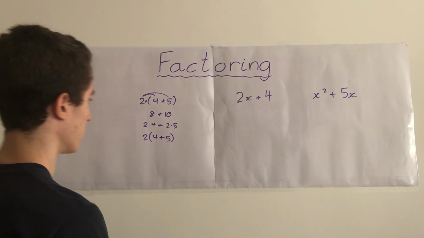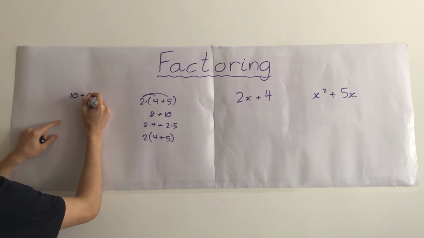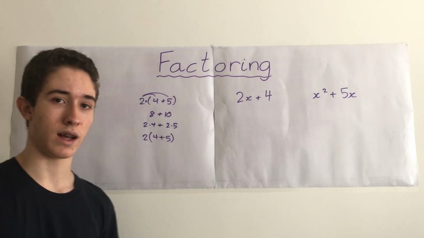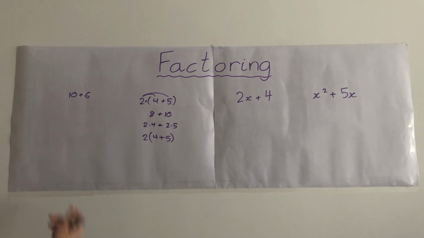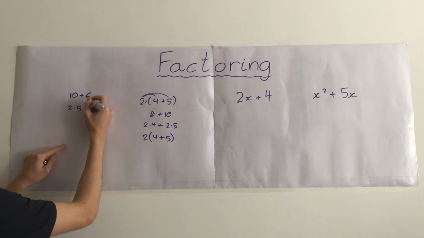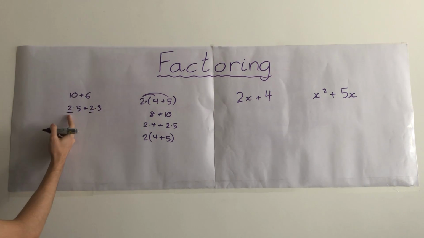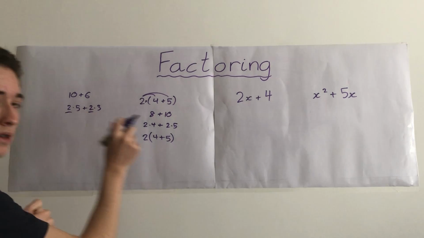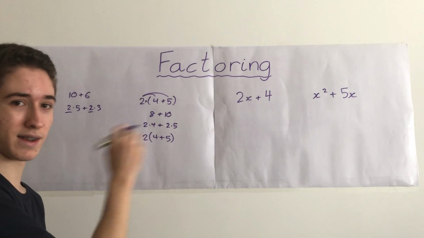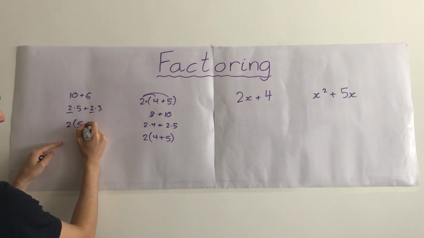So let's take an example where we start at something like this. What if we have 10 plus 6? 10 plus 6 is your expression. And you want to rewrite it as something in factored form. What you can do again is break down each of the numbers into multiplications. 10 is the same thing as 2 times 5. 6 is the same thing as 2 times 3. And here you see there is a repeated number that is multiplied in both of the added values. And here, again, what you can do is undistribute the 2, if that makes sense. So you rewrite this as 2 times (5 plus 3),